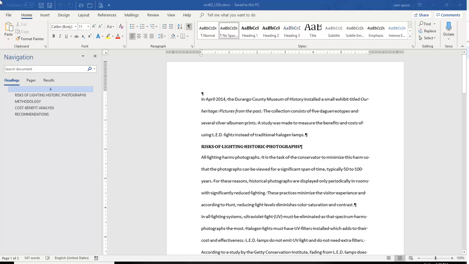If you're following along in the textbook, you should open that chapter in your textbook, and you should also go to Fanshawe Online and download the file wrdo2_leds. Once you have that open, we can get started. Okay, so the first thing I want you to do